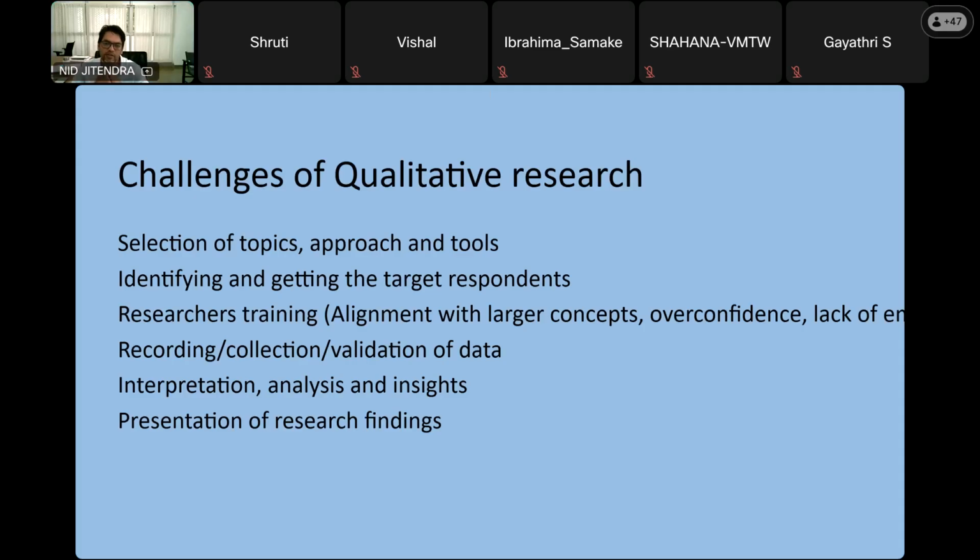Researchers' training is also very important. You as an entrepreneur might not be able to do all the research. In those scenarios, you will ask your team to go and look for information. This might be a scenario after some time. Right now, you are running this enterprise on your own or with your teammates. But as you expand, you will not be able to do all the research on your own. So in those scenarios, researchers need to be trained right. They should also have the same idea which you are carrying in your mind